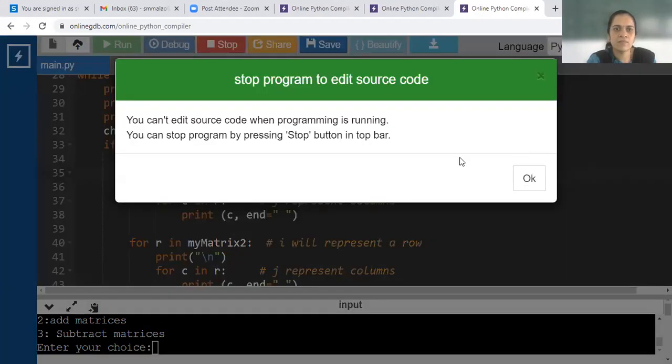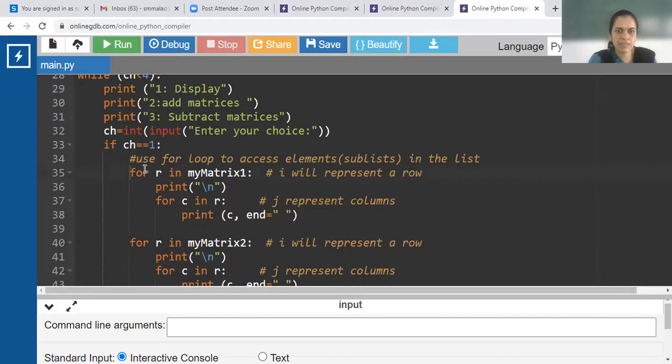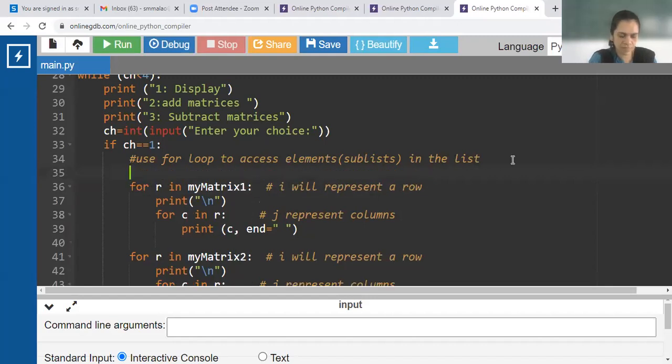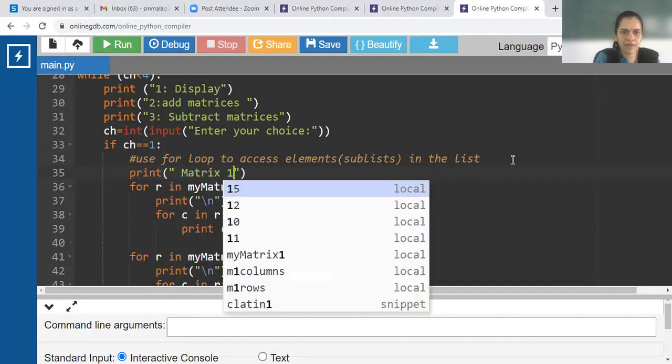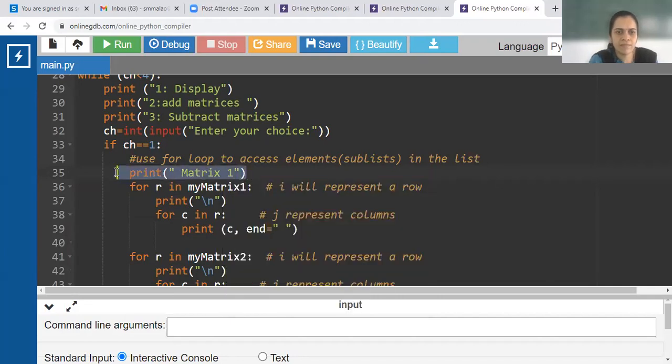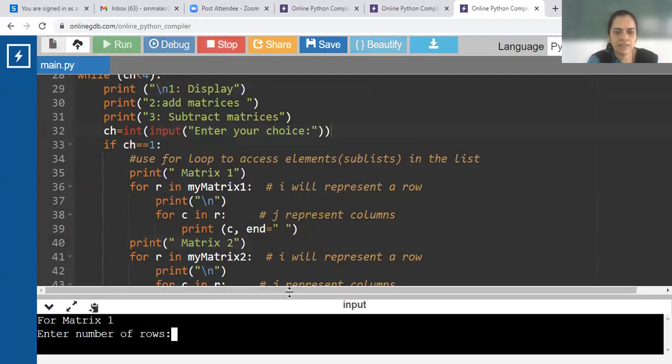Yes, a print statement can be added over here. Print matrix 1, and then here you can have print matrix 2, and this must also start from a new line. So let us run it once again.